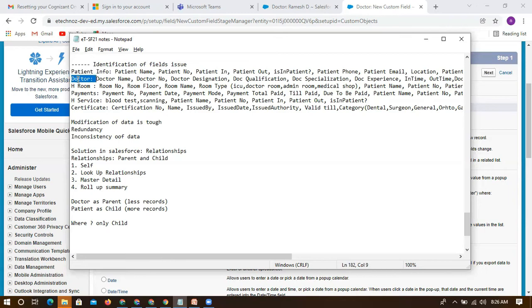Patient will be the child, right? Is it correct? Can everyone say? Someone is saying patient info. Does everyone agree or disagree? Can I explain it again?